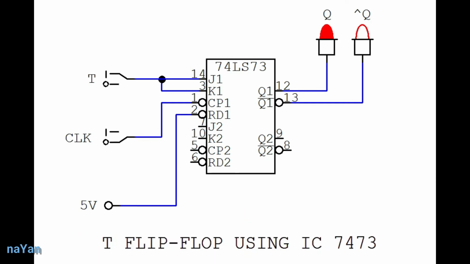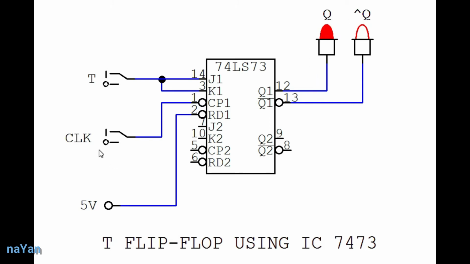If we start the simulation again, just make this clock 1 so that the flip-flop is not working right now. When T is 1, which means J is equal to 1 and K is equal to 1, because both are shorted, pins 14 and 3 are shorted, now when we apply the clock, the output will toggle. Just keep applying the clock again and again, and we can see our toggle case. As we know, if we apply a clock pulse here, it will toggle automatically.